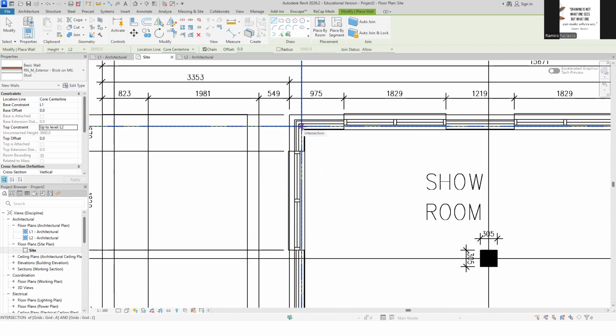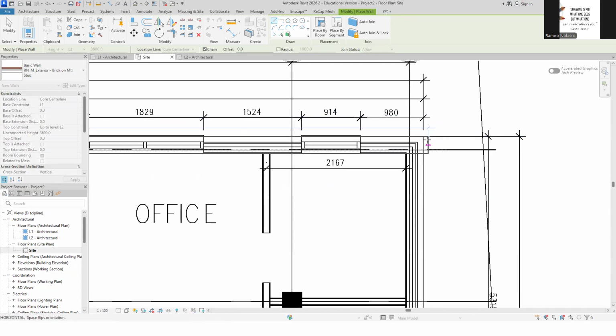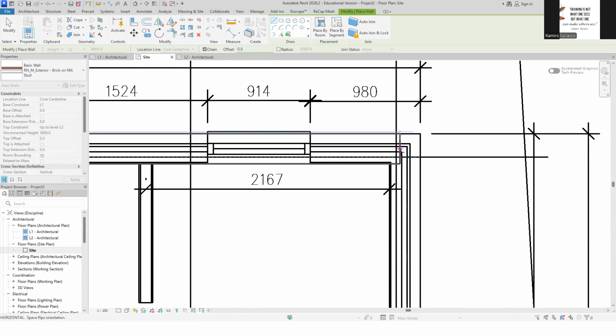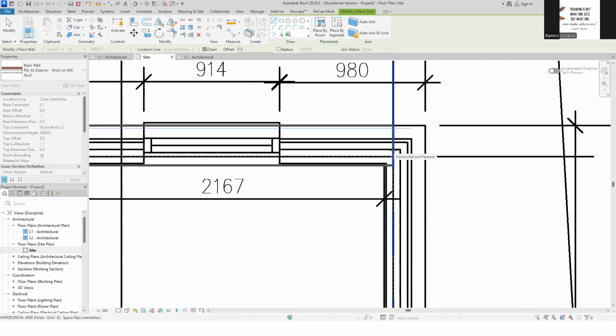That's the intersection. Okay? See? See that? Okay? Similar to what we did in AutoCAD. So we go around and we click here, right there, right? That's our grid, okay? So we pick here, okay?